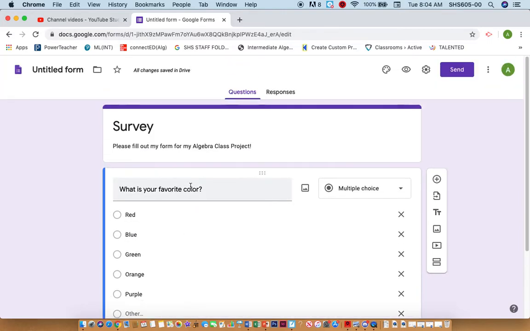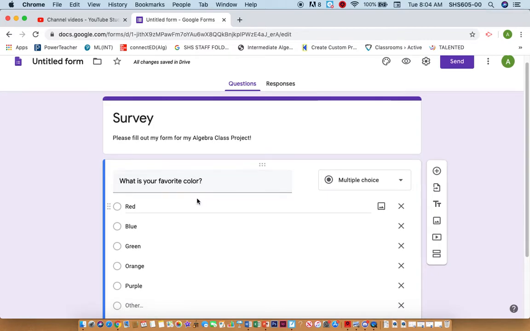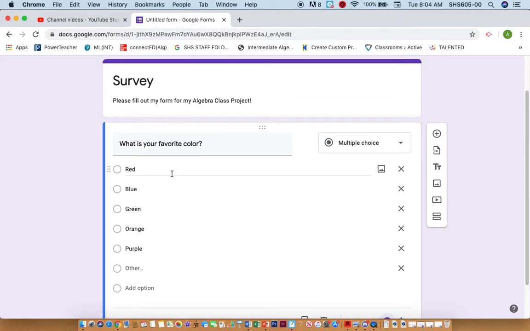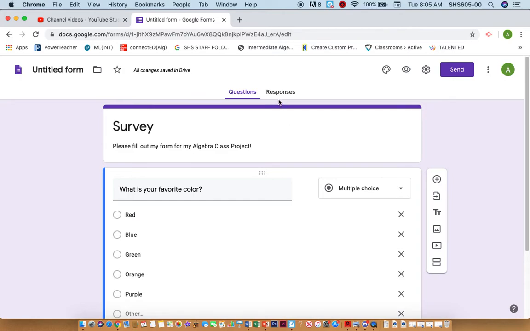And now what you do, this is your survey. It has the one question you need. You need to take a screenshot of your survey for your project, so you can screenshot it on your Chromebook. You can look up how to do that. I'm on a Mac, so it's different. So you can screenshot it, put it on the doc which you're going to throw everything on your project on. But then you want to send out